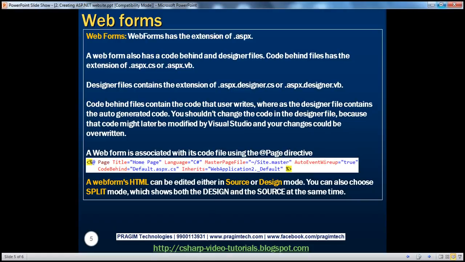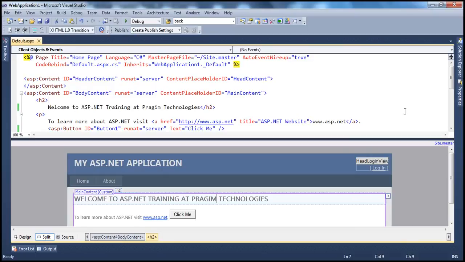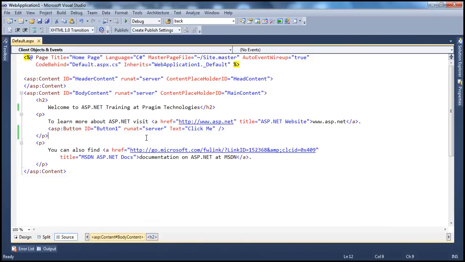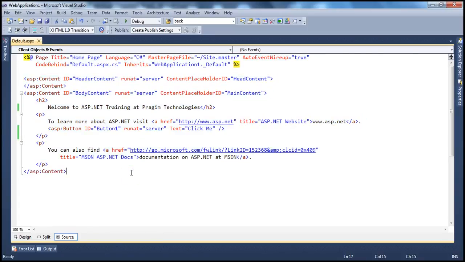And another thing to keep in mind is that a web form has a code behind file, and to view the code behind file of the web form, let's put this in the source mode. Now all your web form will contain is the HTML, the presentation piece, only the HTML in general. Now the C# code will be present in the code behind file, and to view the code behind file there